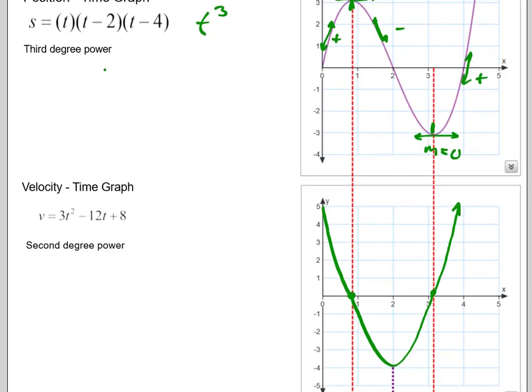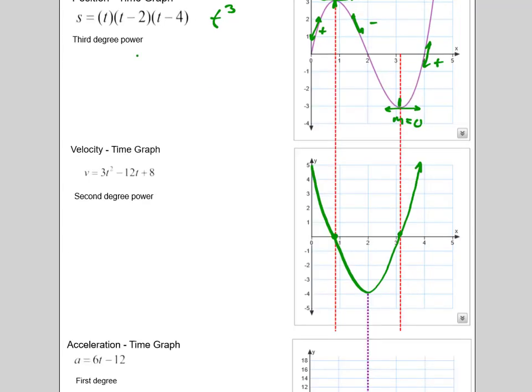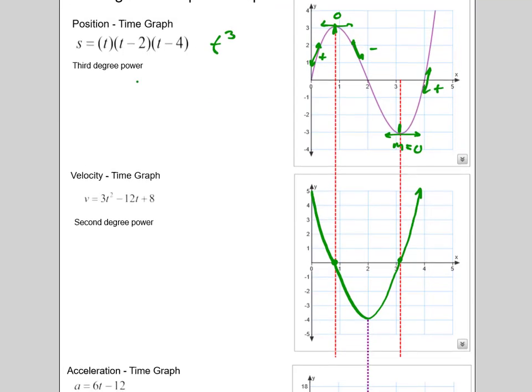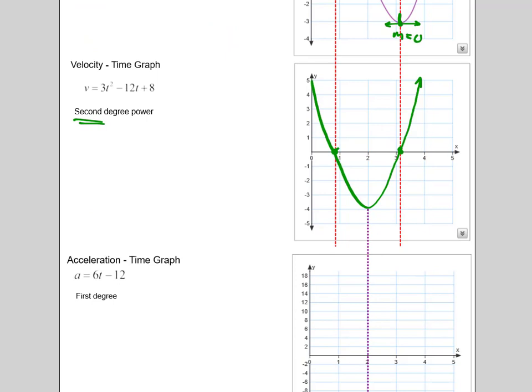So now if we look, maybe I'll change the view here. We can see things that align. This is a 0 slope, it plots at 0. This is a 0 slope, it plots at 0. And now if I look at a cubic, which is the top one, a third degree problem, when I move down one graph, it turned into a second degree problem. Okay, so now if we look at our second degree problem here, which is our velocity time graph,